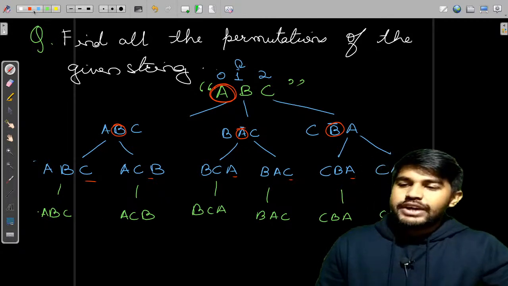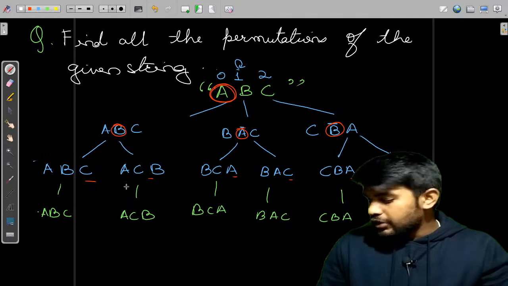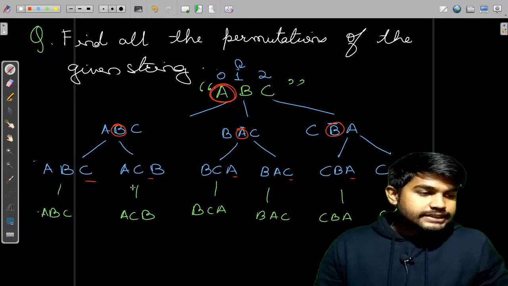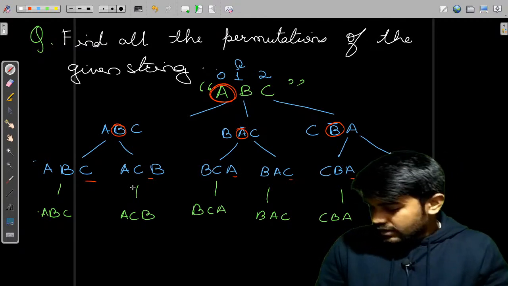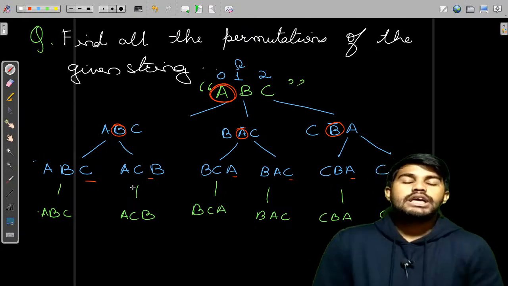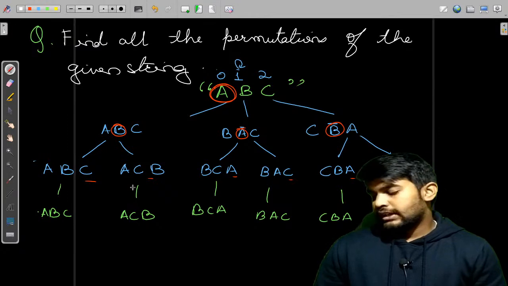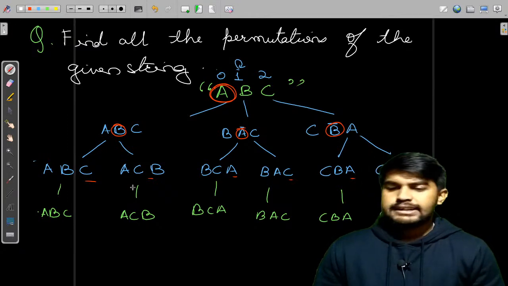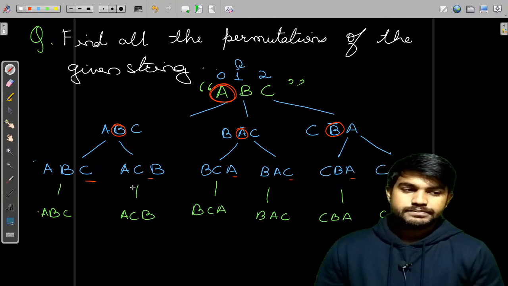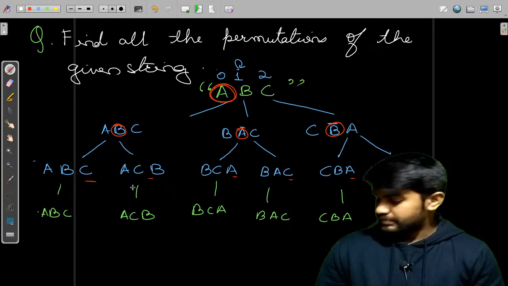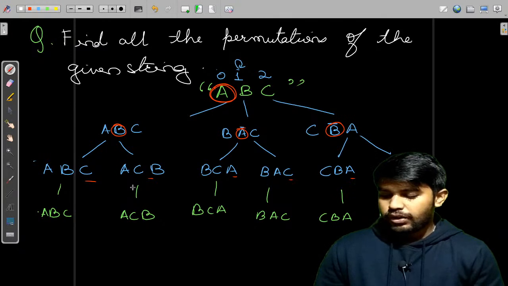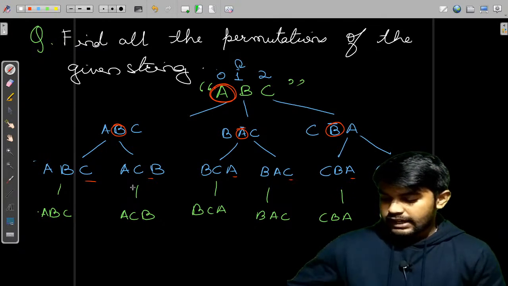Okay, so fair enough. This was how we came to the conclusion that we are getting the different permutations of the given string. Now quickly tell me if this thing is clear or not. May I have a quick yes or no from you? If you want, you can just do it on pen and paper, then you can see it for yourself. Okay, thanks a lot, Hera. Anyone else for whom this thing is clear? Then I would move forward.